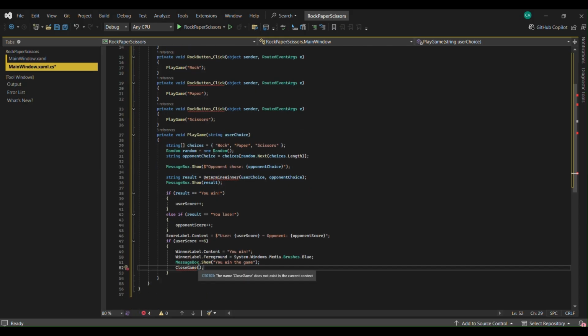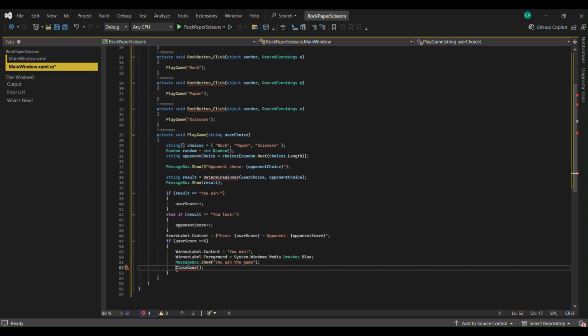So if the user reaches 5 points, we display you win in blue and show a message box saying the user won the game. Then we call the close game method to reset the game,